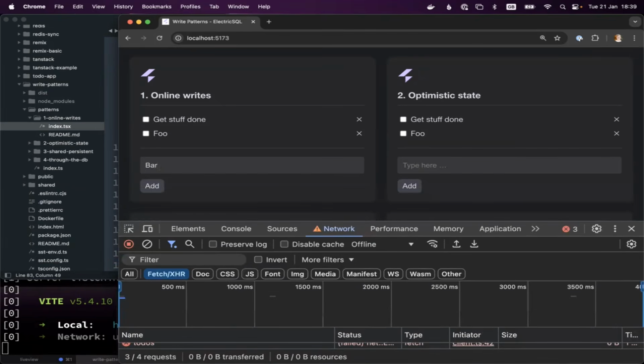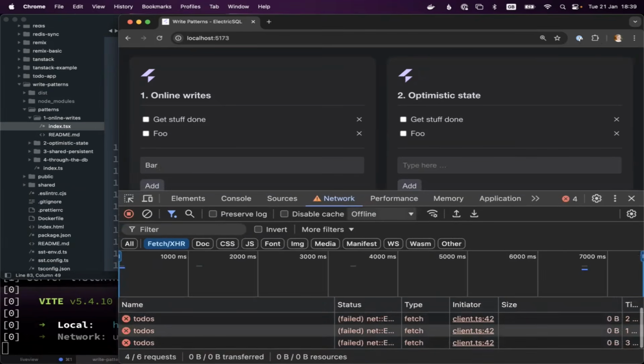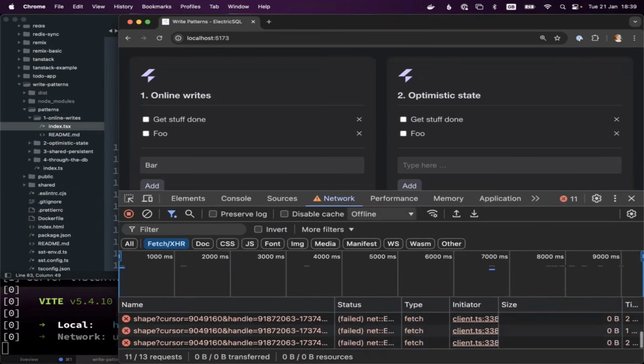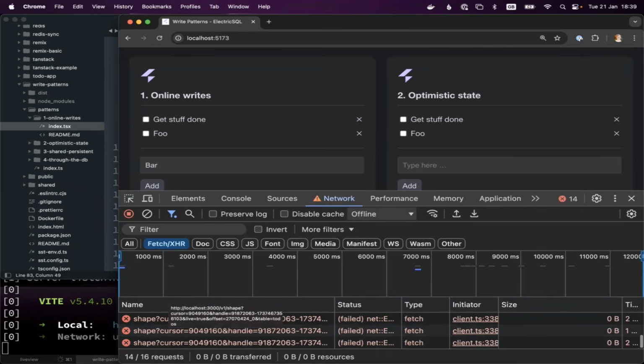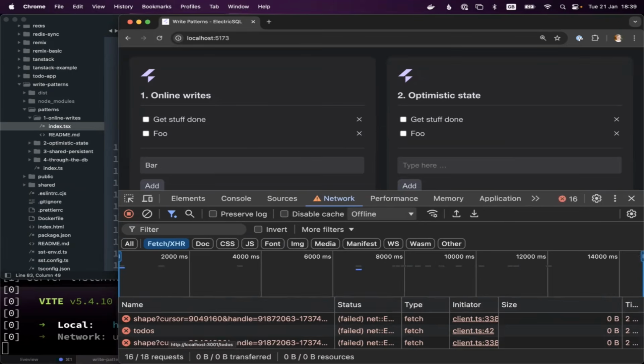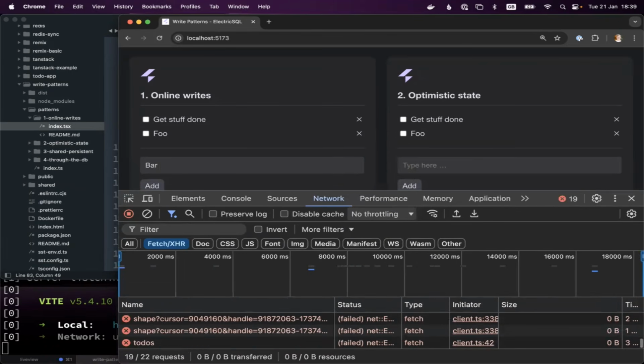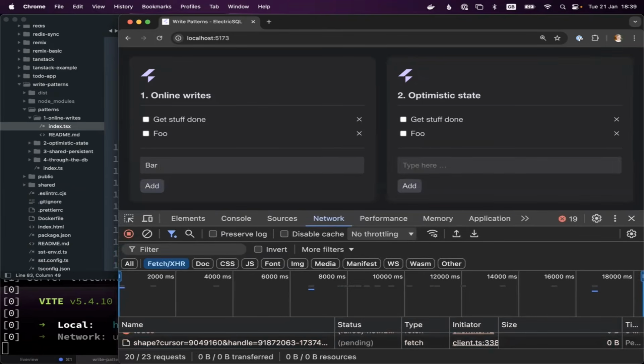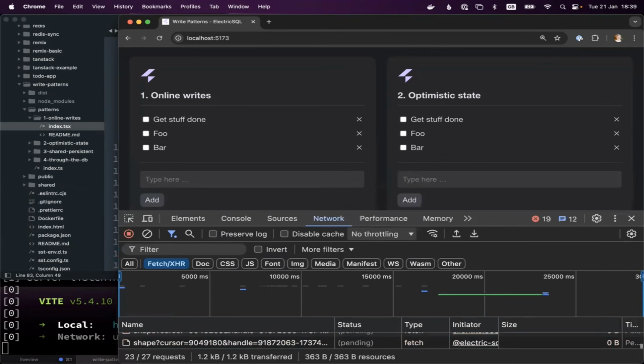So we can see in the network tab that that request has failed, but it is backing off. It's trying to sync the data on the read path, and trying to make that write. And if I turn it back on, the best we can do with this simple online example is that once the backoff algorithm catches up, the write goes through, and then when it goes through, it'll sync back to everyone else.